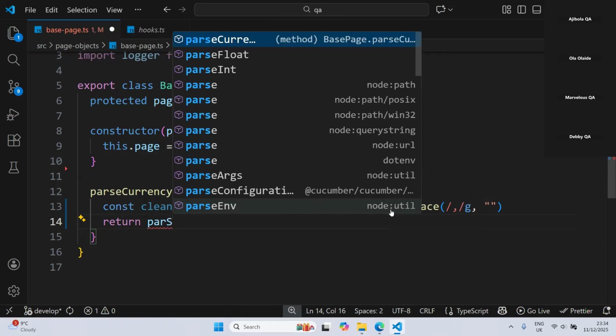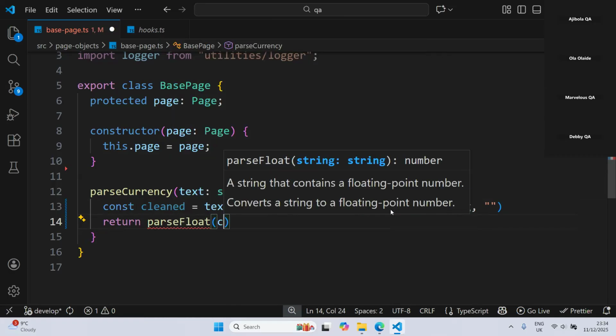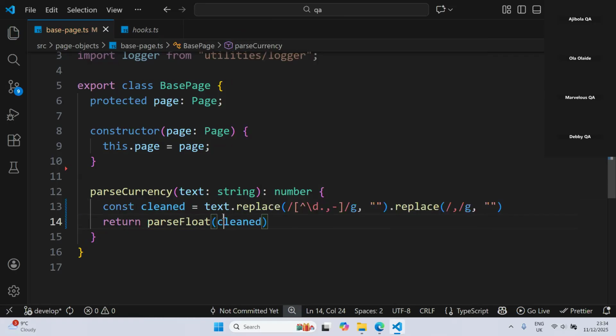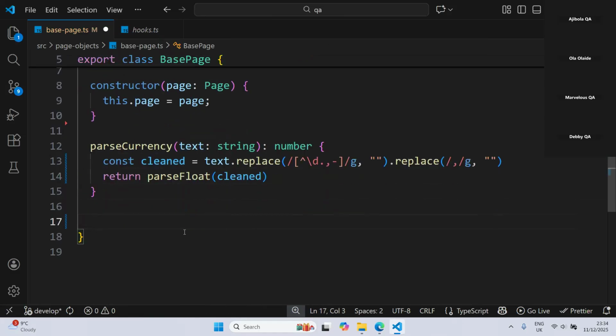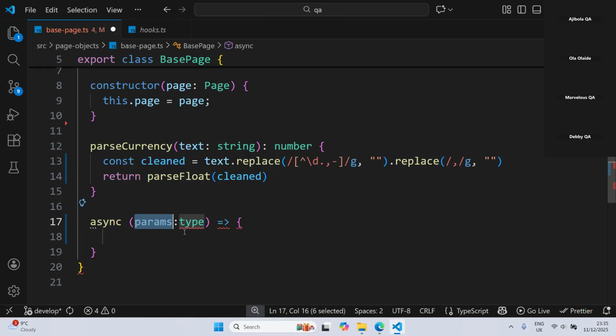Then parseFloat. Since our currency is more likely to be in decimal, we should return a float. Float is for decimal values. So as you can see, this is just a simple method. Remember, the context is that we're working in an e-commerce website. Another one that is going to be useful is our function, this is going to be source. So this is just a clean way for us to have our